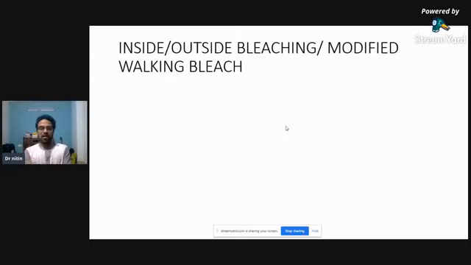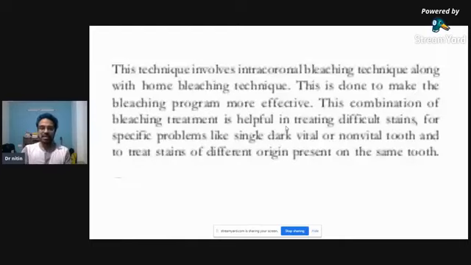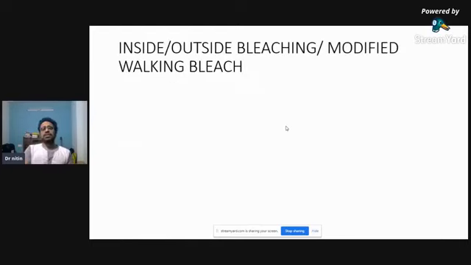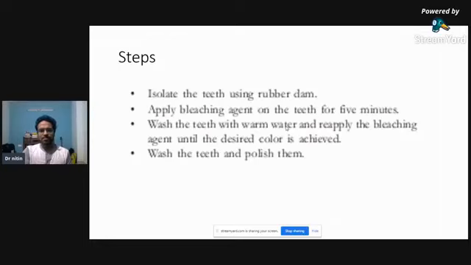Now we are into the non-vital bleach which is a modified version of walking bleach, known as inside-outside bleaching or modified walking bleach. The case is the same, the indication is almost the same, the technique is a little different. In this technique, basically we'll follow the same instructions, that is